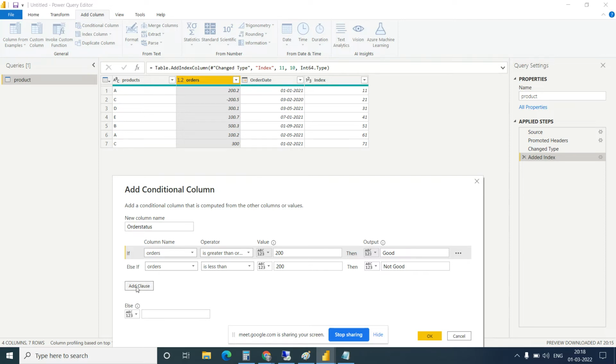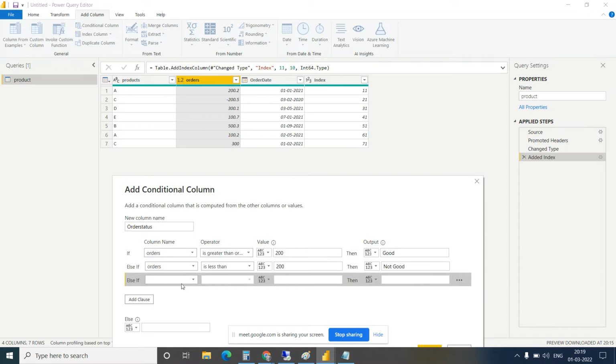Okay, so let's select orders greater than or equal to 300, then it should show better. Okay, and if it is less than 0, it should show not good or worst, something.